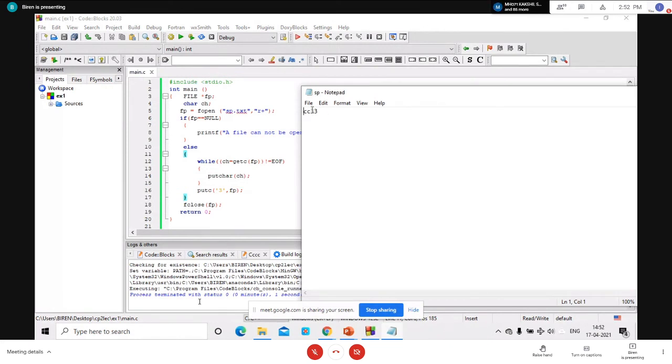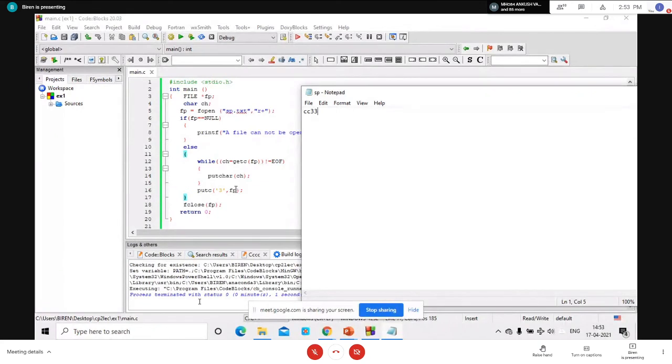Any doubt in this discussion? You can observe cc33 using this while loop. Now your cursor would be at this position. After reading this data, your cursor would be at the end of file. Then you are using the putc statement. What does the putc statement do? You can print one character inside a file.